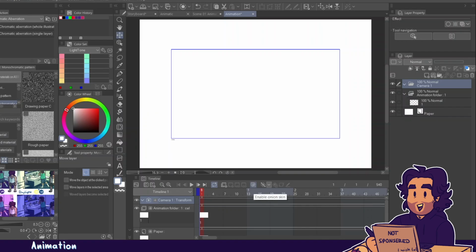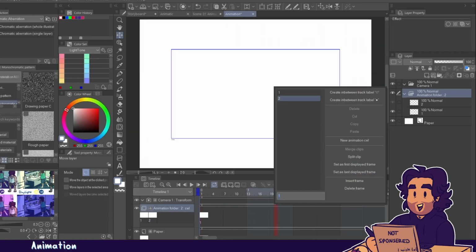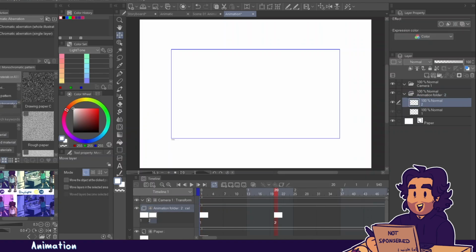The onion skin is always advised when you're drawing in between frames. The cool thing is that you have the same workflow as drawing an illustration, but only now you have the layers as the folders with a timeline. Each cell has a name and can be added to the timeline by right-clicking and clicking on the list of cells. I'll walk you through one of my projects, which was my first full tile sequence, to give you a